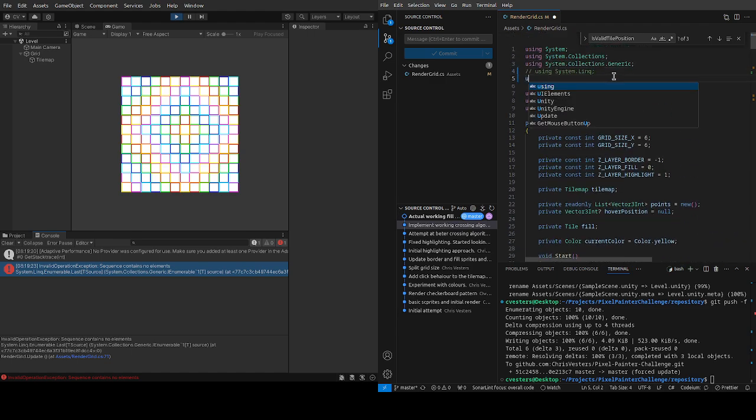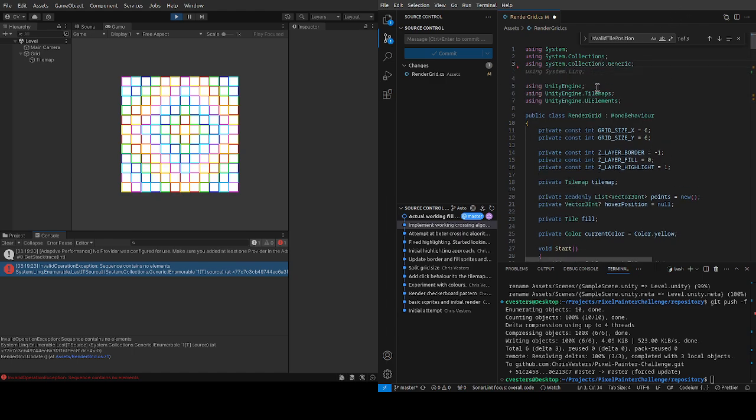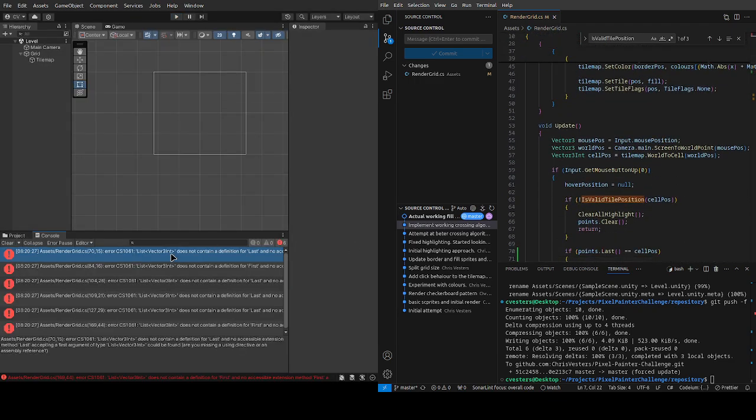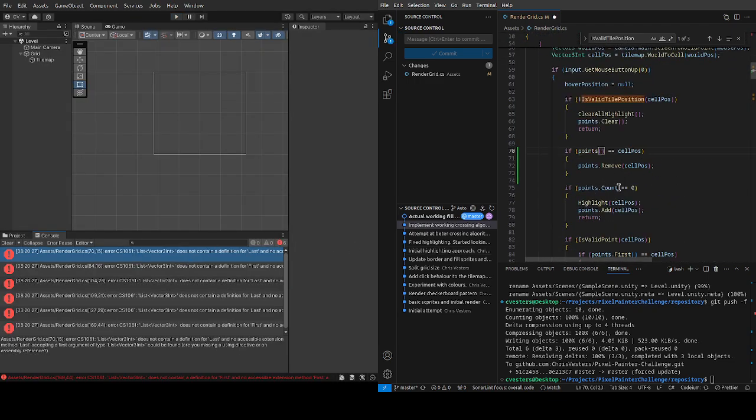I think I want to use using system collections generic, the list. That one. Okay, so I definitely want it. I already have it imported. The problem is that now my last will not work. See, my last does not work. So I should do points.count -1. The problem is that if points.count, if there's no points, then